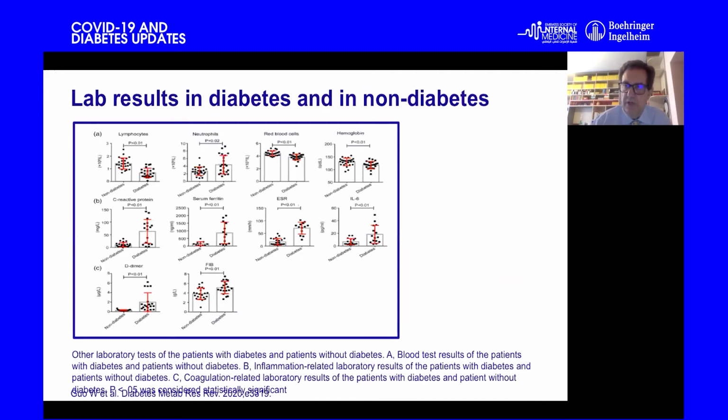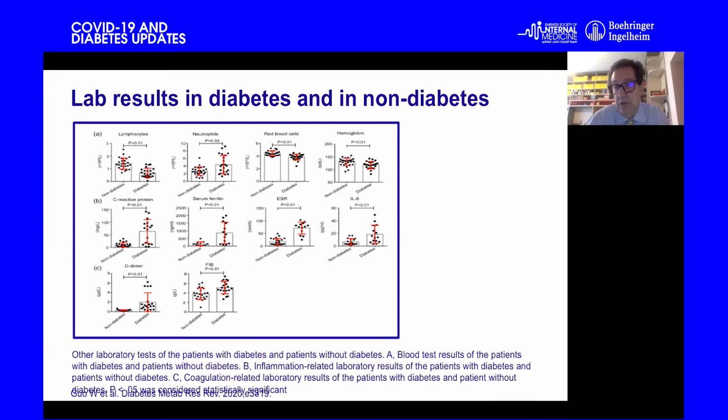We know that in diabetes a prothrombotic state already exists, which is exacerbated in people with diabetes during COVID-19 infection. You see in this paper the data of an increased level, particularly of D-dimer, which is a marker of activation of thrombosis. And this data is consistent, it has been confirmed very often in people with diabetes. So thrombosis in diabetes, but also in non-diabetes, is playing a key role in worsening the prognosis, even